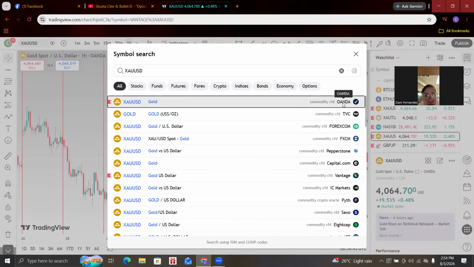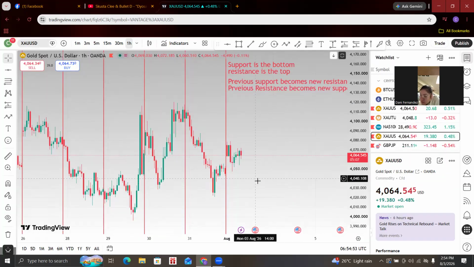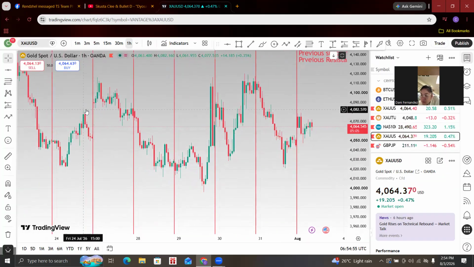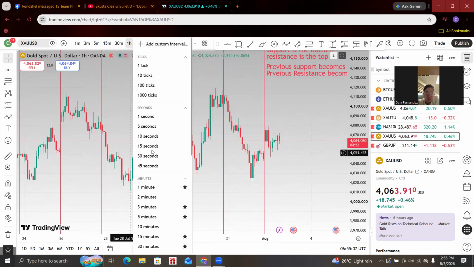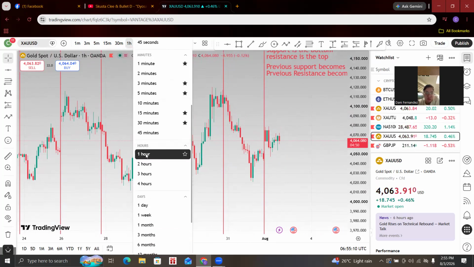The broker that we're using is our own broker, which is VT Markets. So when you chart, use OANDA. Why? Because it shows you the gaps that need to be filled, which is like this one. So when I'm using support and resistance, I go on 1 hour time frame.